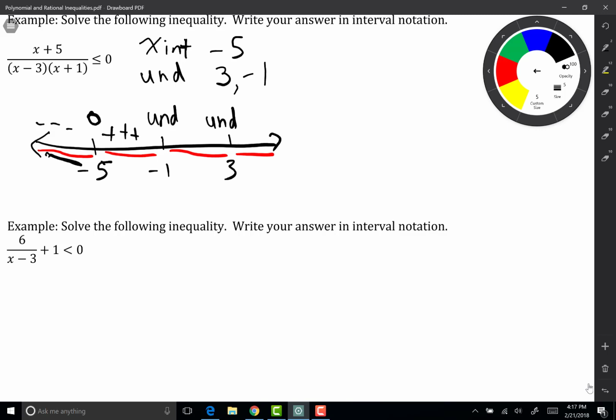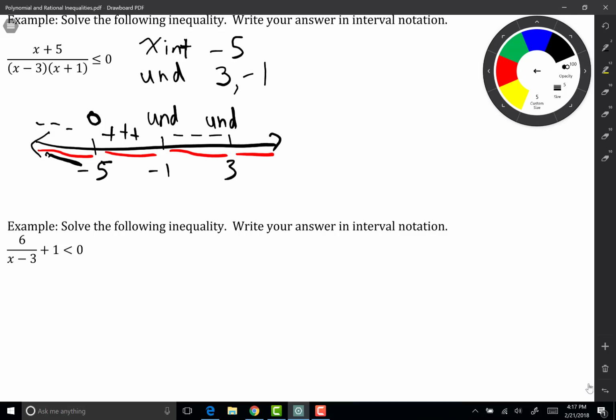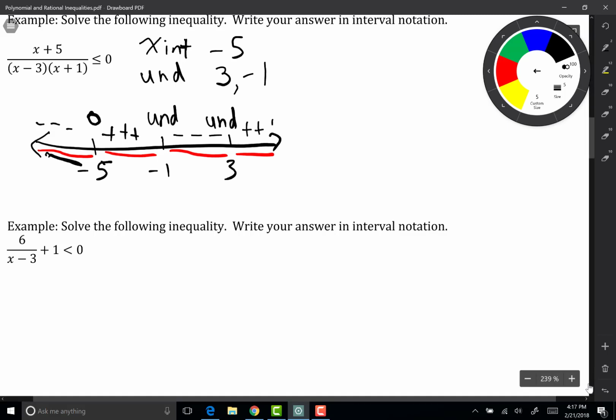Then I pick something between -1 and +3. I like to pick 0. So I'm going to plug in 0 for all my x's, and I'm going to get a negative number. And then my last interval is to pick something from 3 to infinity. So I'll pick 4. So I plug 4 in for all my x's, and I'll find that I get a